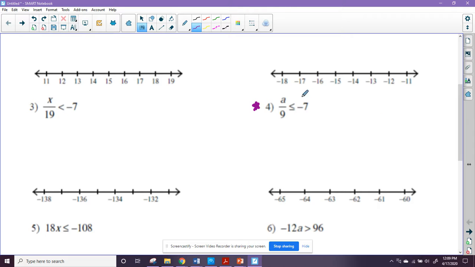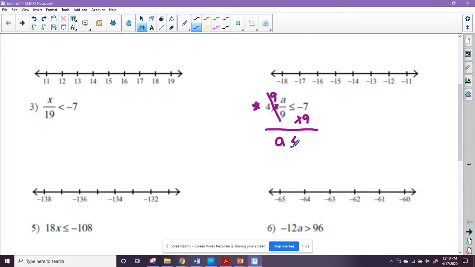So we have a divided by 9 is less than or equal to -7. We have to get a by itself. So this is division, so to undo division, we are going to multiply. What we do to one side, we have to do to the other. So we're going to multiply both sides by 9, cancels out the 9s, and we're left with a is less